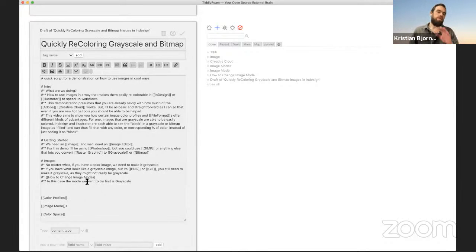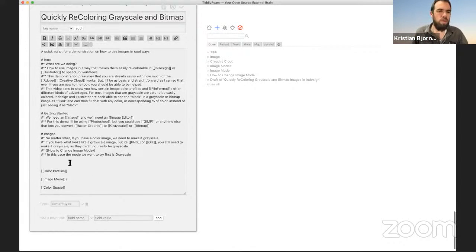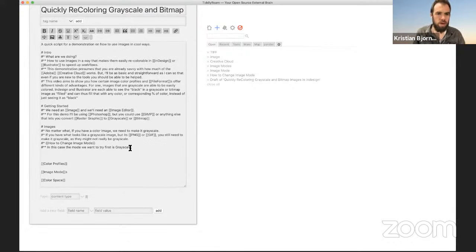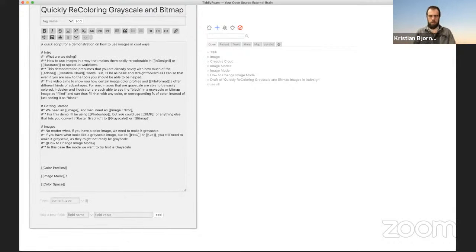Okay, so this is important because we're using gray and bitmapped images. No matter what in Photoshop, you have to have the image as a grayscale image to then make it a bitmap image. I just need to make sure we're talking about that, that it's the right order. So even